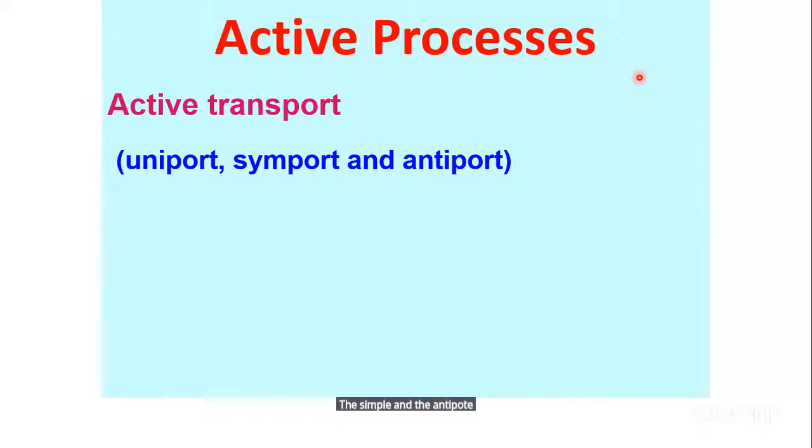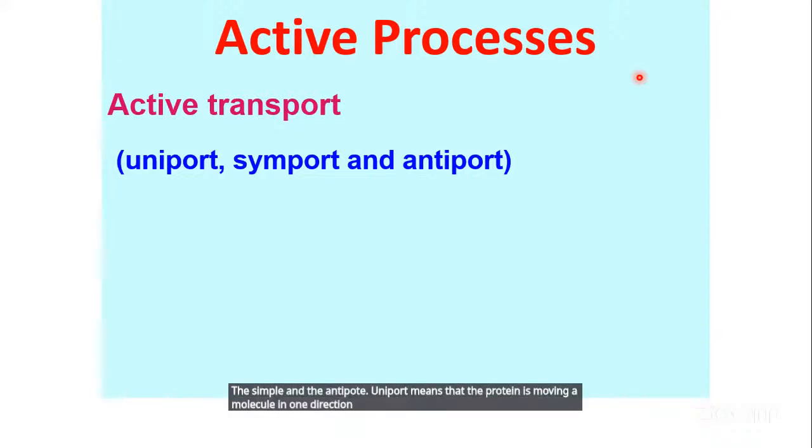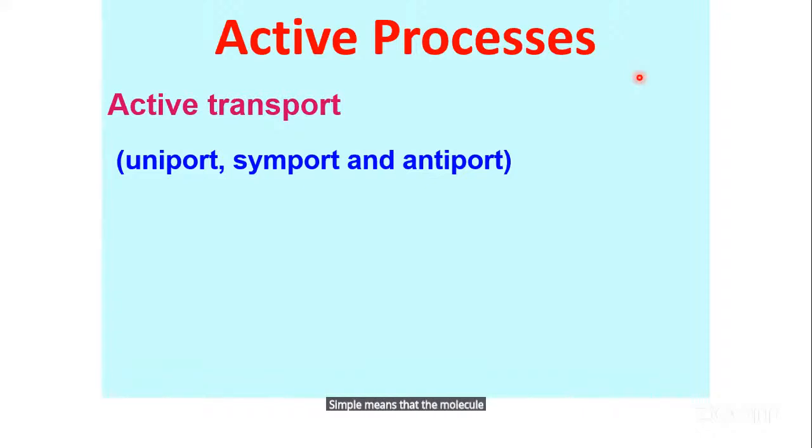Uniport means that the protein is moving a molecule in one direction, whether it's moving it into the cell or moving it out of the cell. Symport means that the protein is moving two things in the same direction, whether simultaneously or sequentially. What that means is that